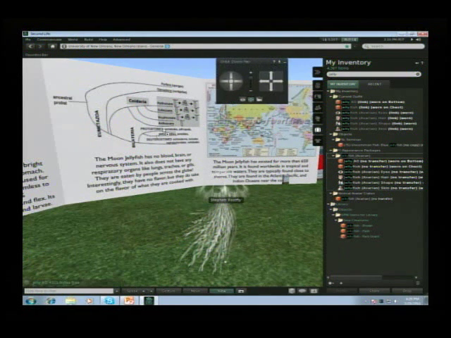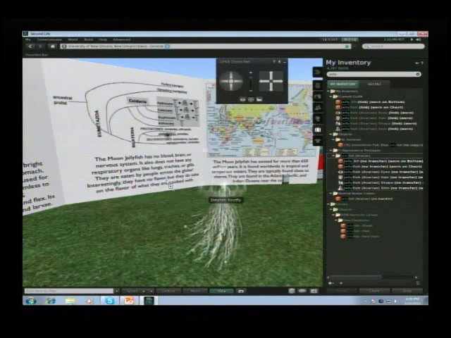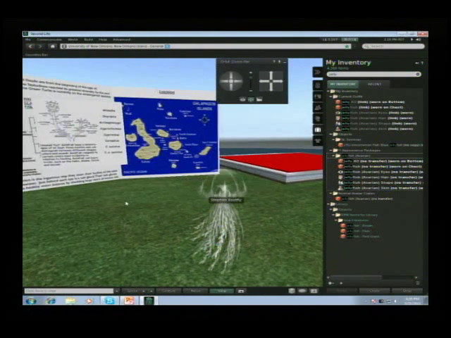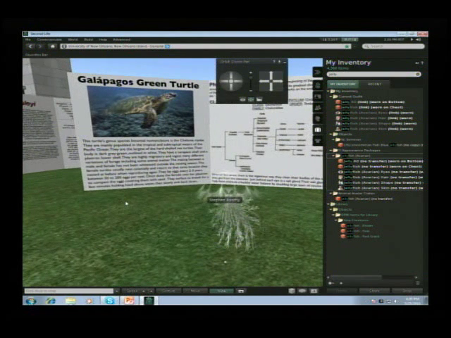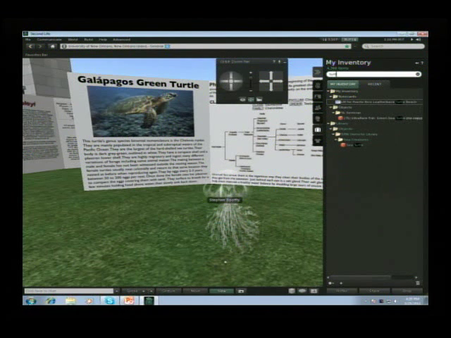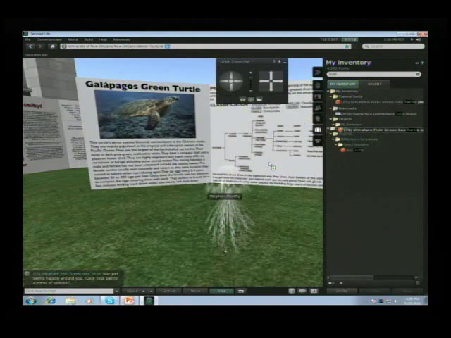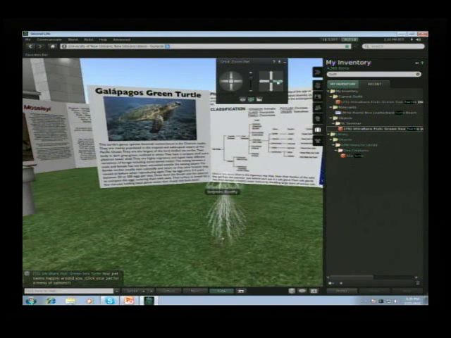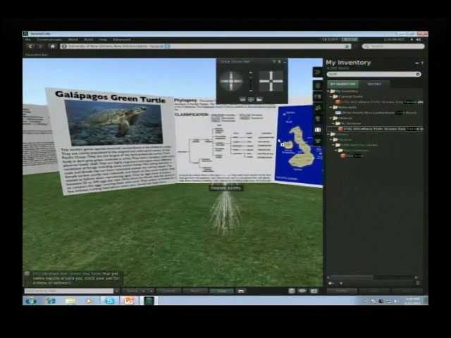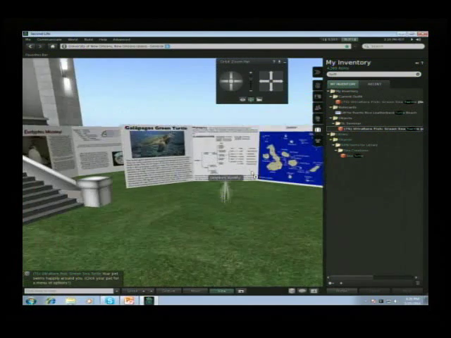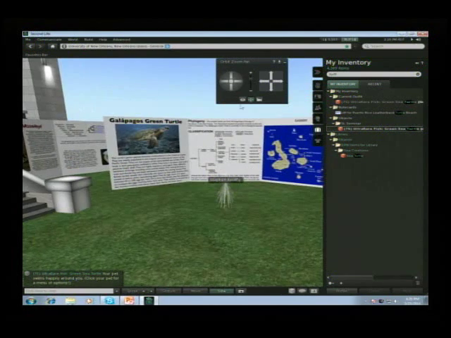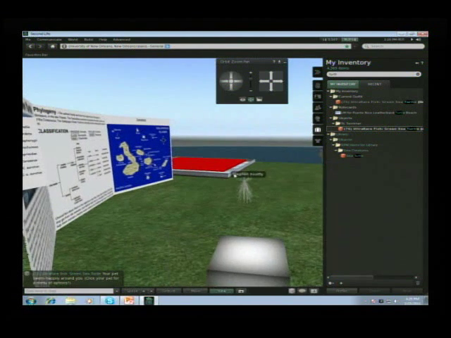Now, they didn't have to only do it as an avatar. Again, this student was a real big fan of the Galapagos green turtle. And so as long as you had something that took advantage of Second Life, again, there's a fishing application in Second Life called 7 Seas. And so you actually have casting rods and you pull up virtual animals. And so one thing I have here is a Second Life green sea turtle,